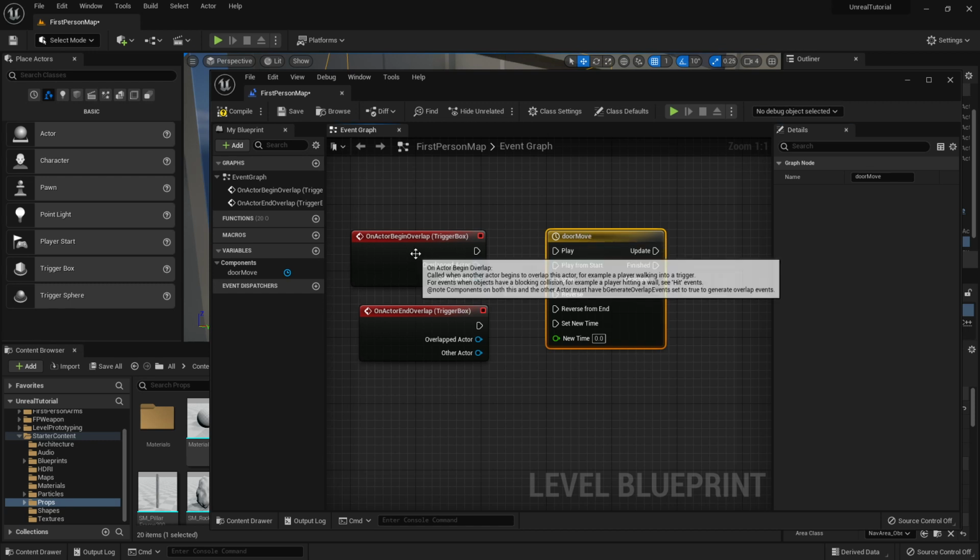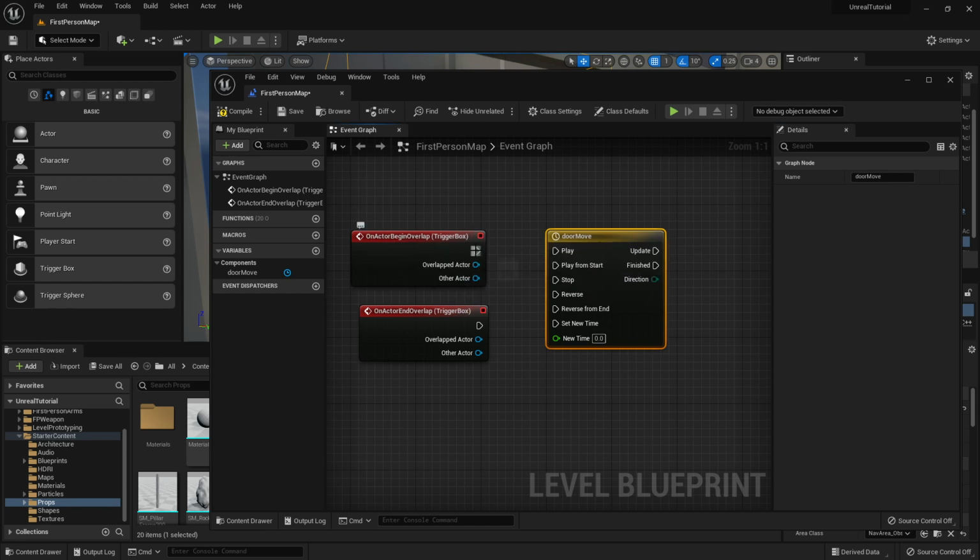And what we're going to do is when the actor begins overlap with the trigger box, we're going to tell it to play. And we're just going to drag that pin into the other pin. It's almost like connecting a wire in a circuit board or doing something with Arduino. We're going to take this one and we're going to plug it into reverse. Now, if I've done that,